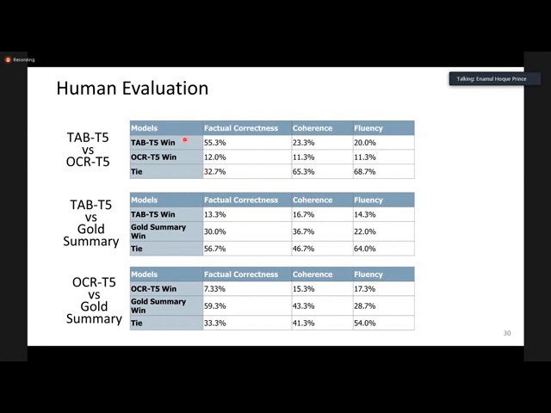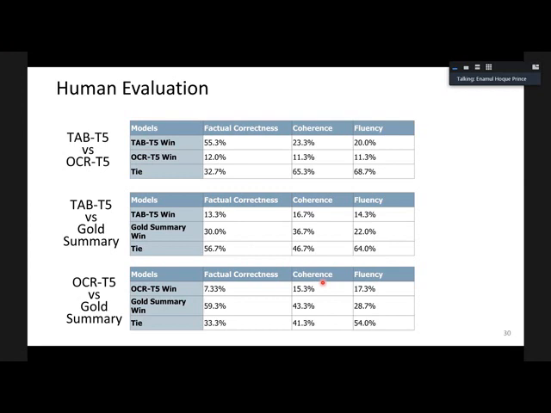When you compare against the gold summary, obviously the gold summary is better, but in some cases the models actually did quite well on certain aspects. For example, in the case of fluency, there are lots of ties, which means that the summaries generated by the models are quite fluent.